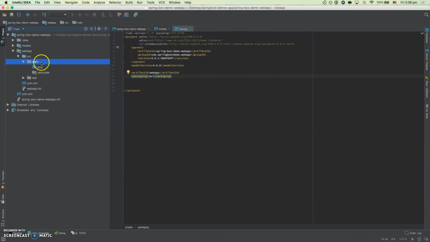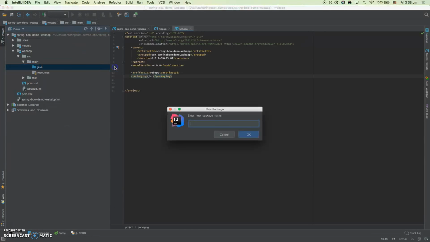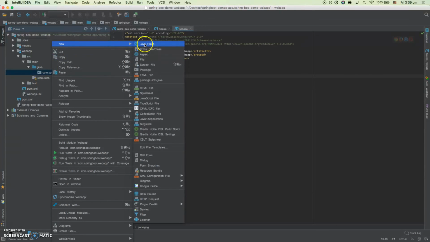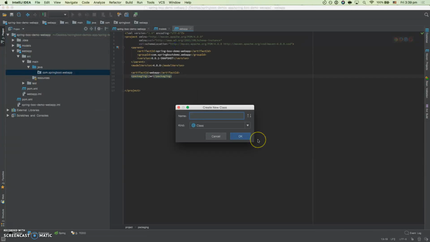As I said, now we have the Java type where you create a new package within it, where in my case it's com.springboot.webapp. Or it could be whatever package name you would like to choose. In my case, I just use it as a web app. So go to the Java class, and for this demonstration purpose,